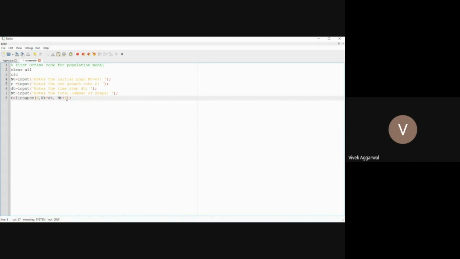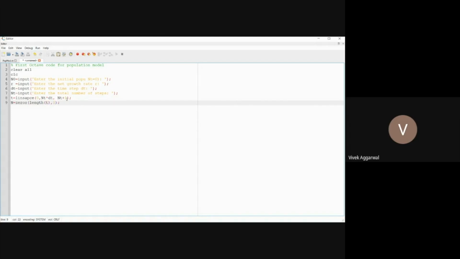Now I want the solution. So I will create the solution with zeros. How many zeros do I need? Whatever the solution is, T means I'm getting the solution at T0, T1, T2. So I will get the length of T. So this much, the length of T, and then I put 1 here.